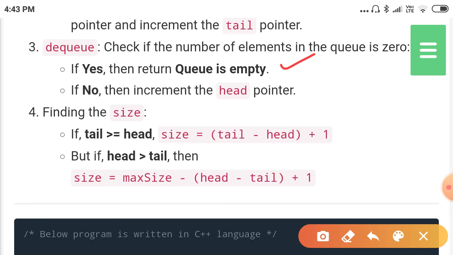Else, if some elements are available, then increment the head pointer. Why? Because after deleting the element, the head should point to the next location. That's why we increment the head pointer.